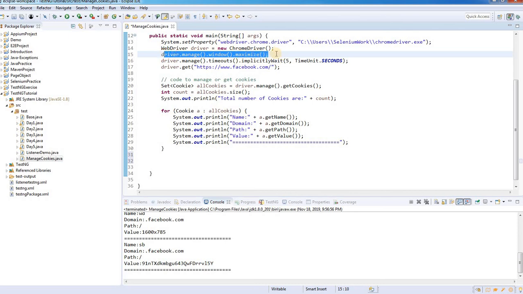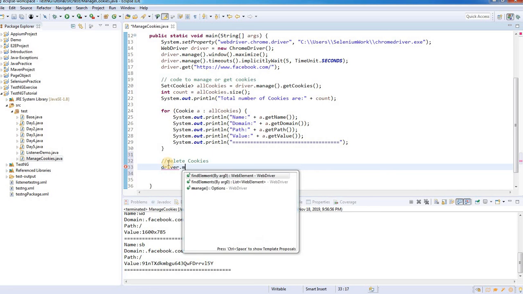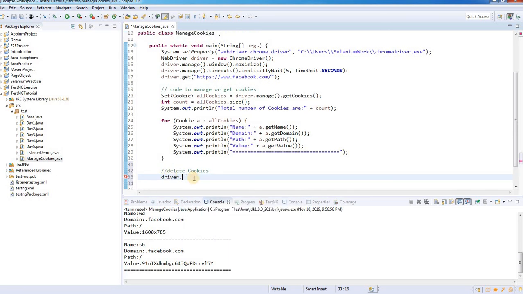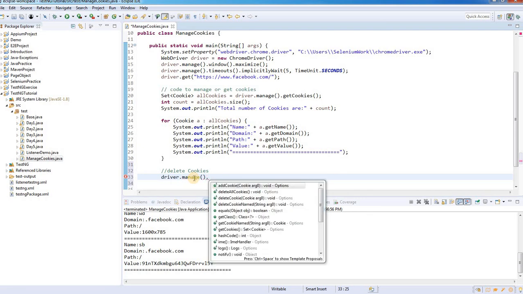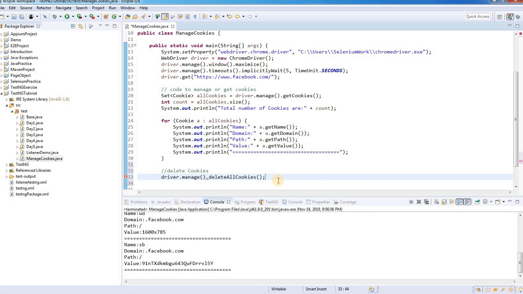Like we maximize the window, then we put some implicit or global wait. We also clear the cookies, delete all cookies. There's a method that deletes all cookies. So let's delete all cookies, and then we'll confirm that the cookies got deleted. Okay, so our next task is delete all cookies. It's very simple. We'll say driver dot manage dot delete all cookies. You could also say add cookie or delete cookie. There's a method that deletes all the cookies of the site you're